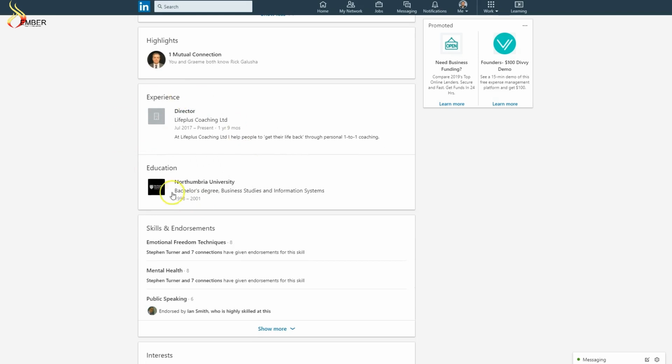In addition to his summary, he's also got his skills and endorsement section. He's got experience and education. These are really big if you're going for a job, okay? If you're conducting, for example, a B2B business that has nothing to do with the old jobs that you used to hold, you don't need to stick those here, okay? And as you can see, his education and experience areas are pretty slim, specifically the experience area, because that's why he's on LinkedIn, okay?